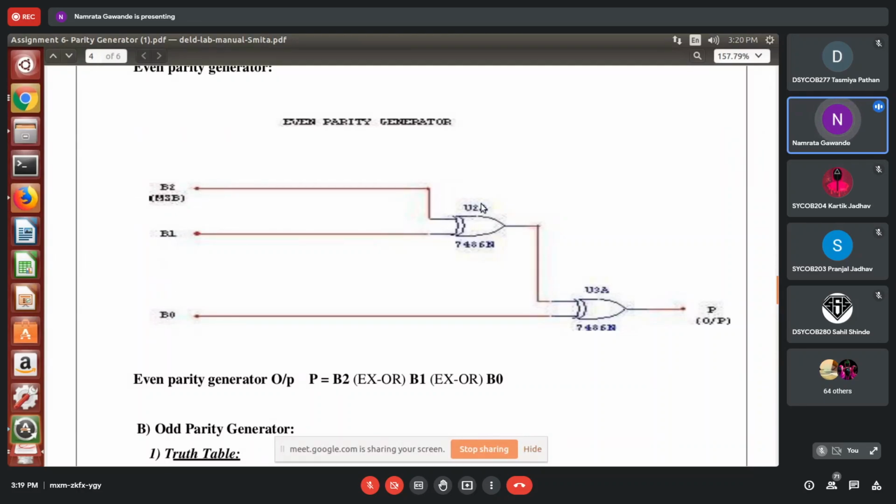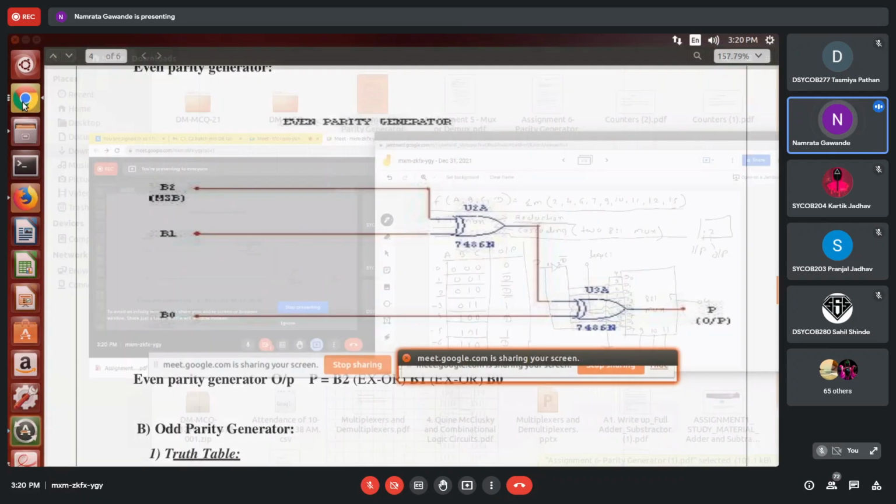We have an XOR gate IC, the 7486 IC. For that, we can provide 2 inputs; we cannot provide 3 inputs. So B2 and B1, these 2 inputs, are provided to one XOR gate, and the output of that goes as an input to the input pin of another XOR gate, and B0 will be the other input. You need to implement it simply.